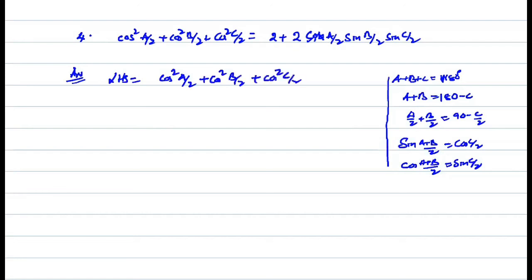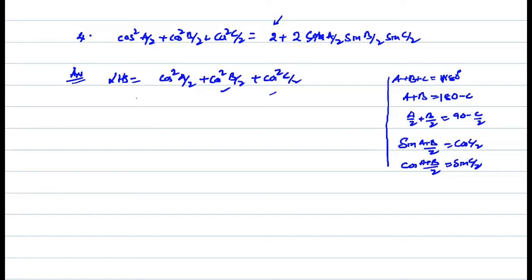Look here, I've given just a trick to use this. Two is there. Change two trigonometric functions. If it is sine, change the first term and last term. If it is cos, change the second and third term. I mean, cos square b by 2 can be written as 1 minus sin square b by 2, and cos square c by 2 can be written as 1 minus sin square c by 2.